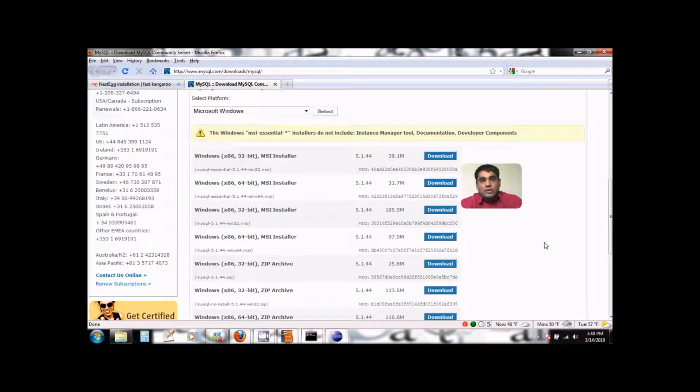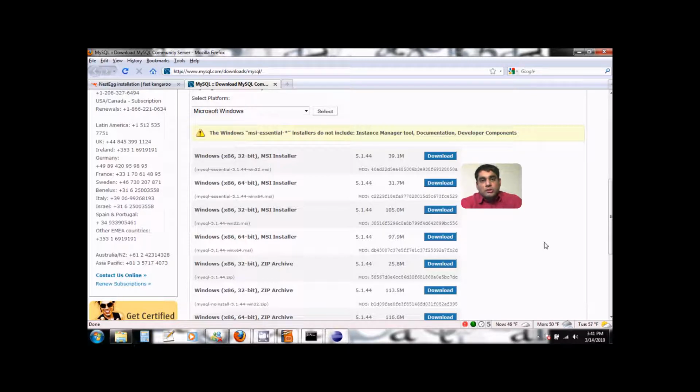Once you have downloaded an installer, you can go ahead and run it by simply double clicking on it. You can follow the MySQL installation wizard. You will be given a choice to either go with the typical installation or to do a custom installation. We recommend that you do the typical installation because that is the installation with which we have tested Nest Egg.